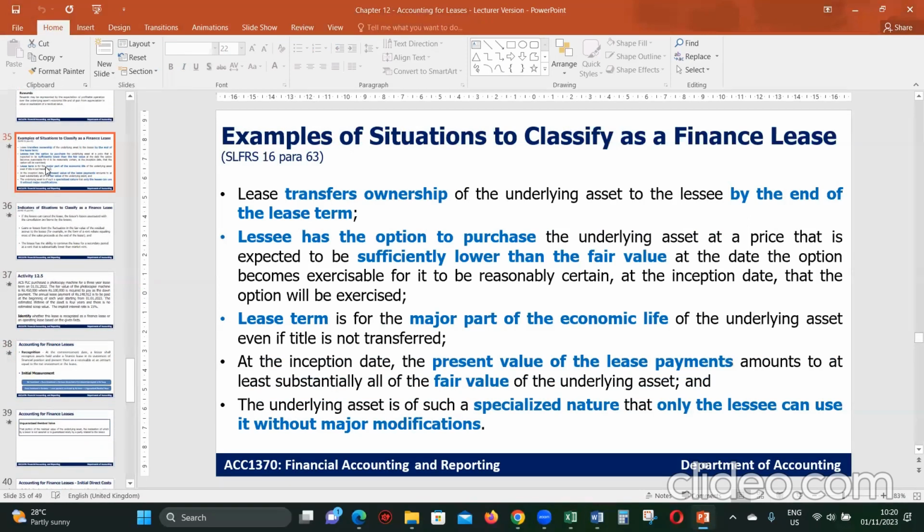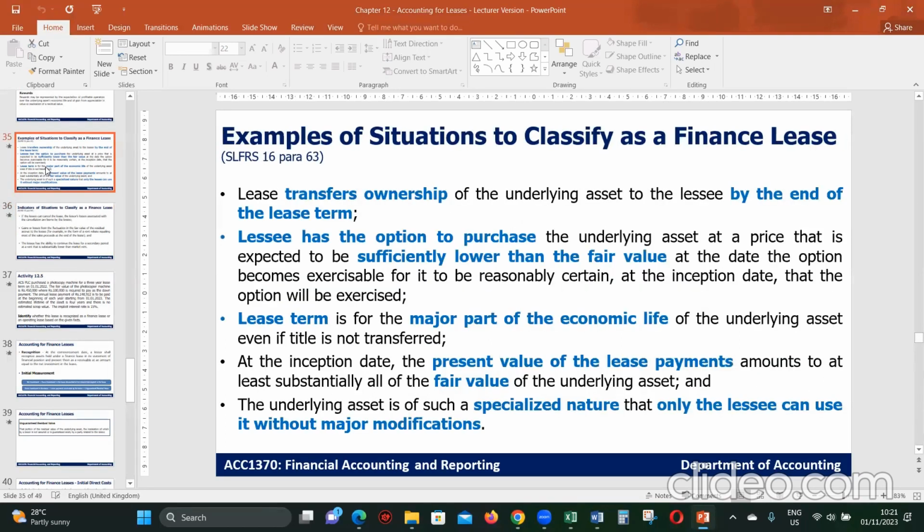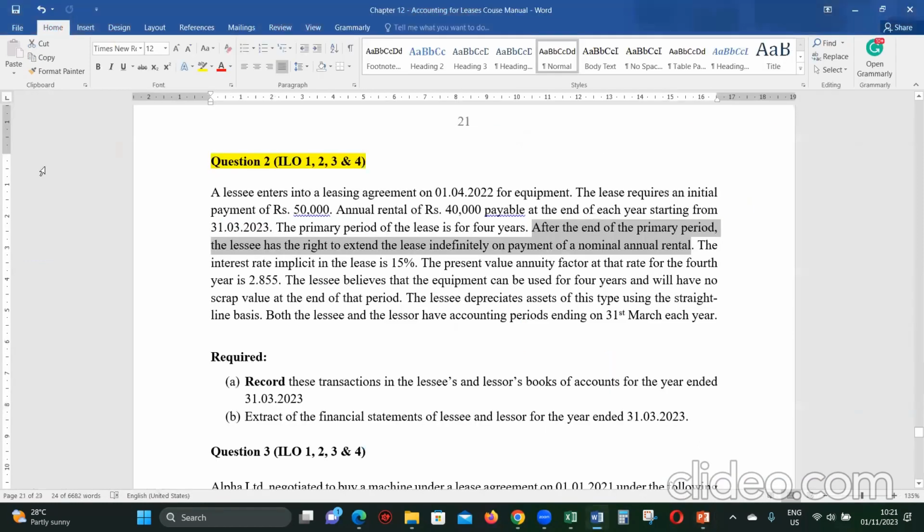Now, when it comes to finance lease and operating lease, there are 2 things. That means there are 2 categories. There are different situations and examples where you can categorize a lease under finance or operating lease. Now, in this situation, after the end of primary period, lessee has the right to extend the lease indefinitely on payment of a nominal annual rental, which means